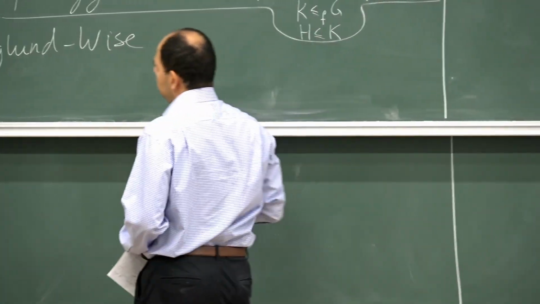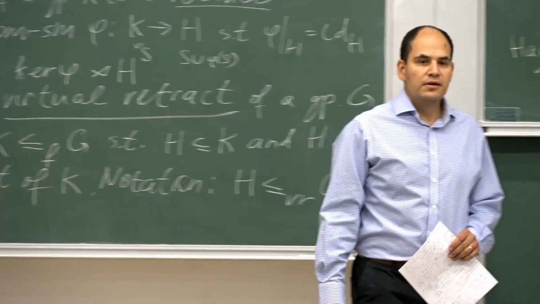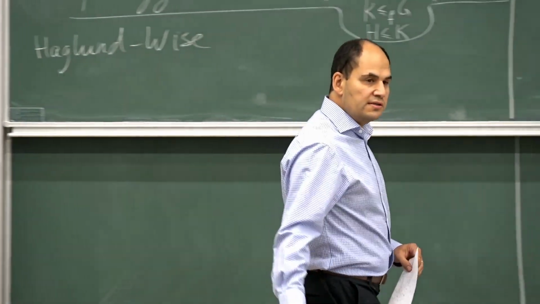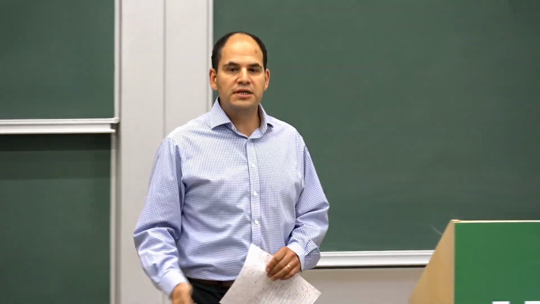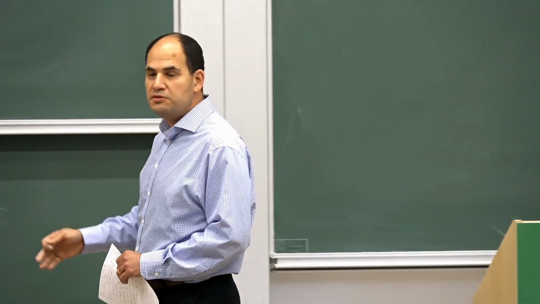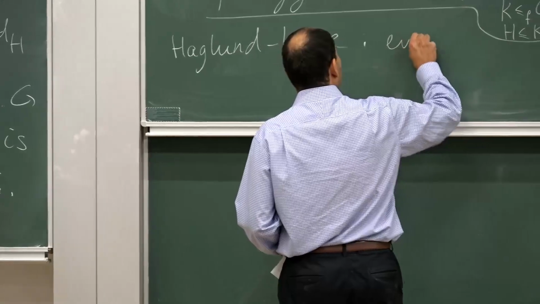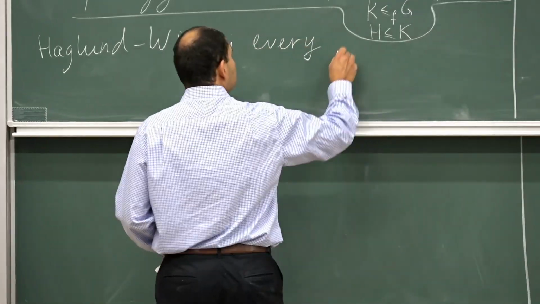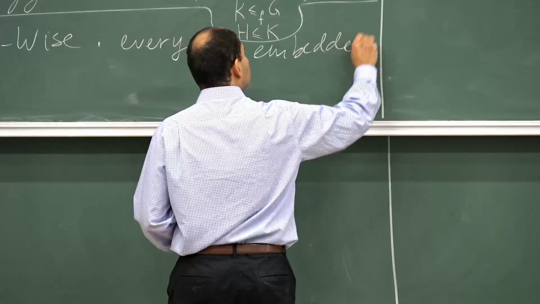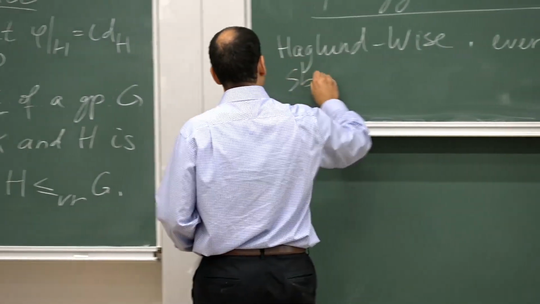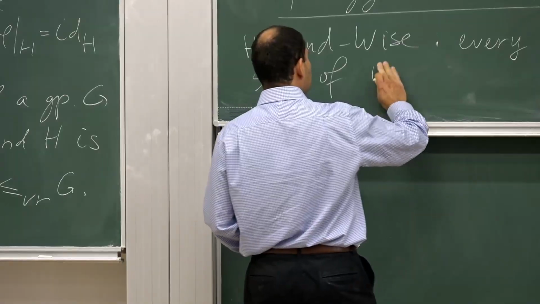What they proved, so they defined this class of virtually compact special groups, which is quite a wide class, and there are lots of results that well-known groups belong to this class, and they proved that every quasi-convex or QI embedded subgroup of a virtually compact special hyperbolic group